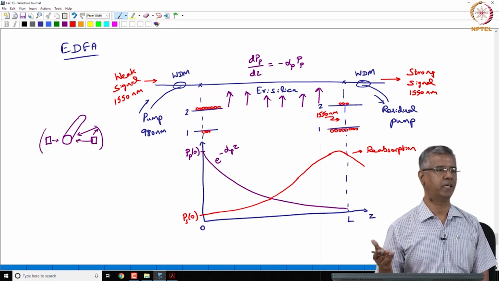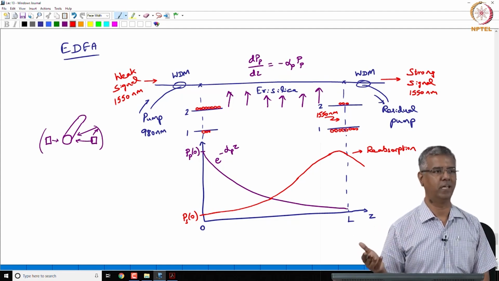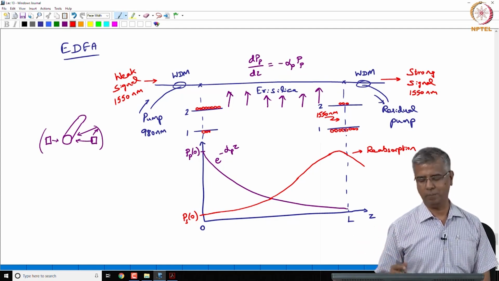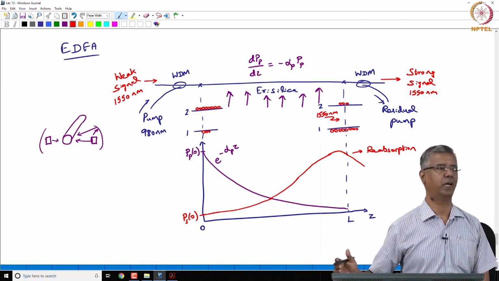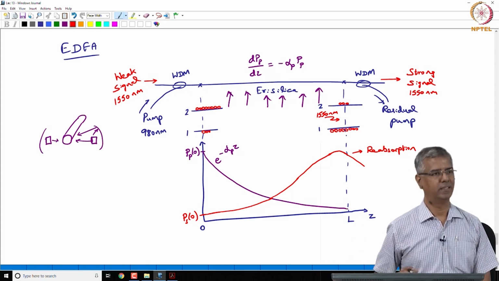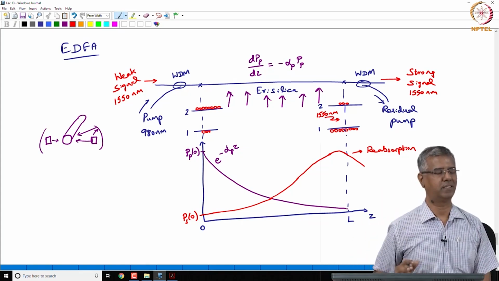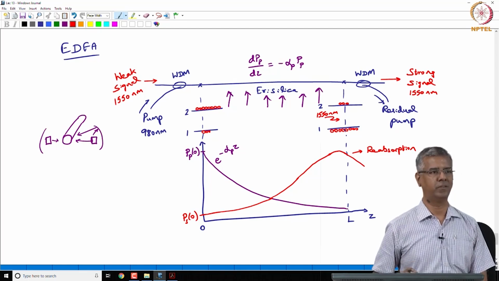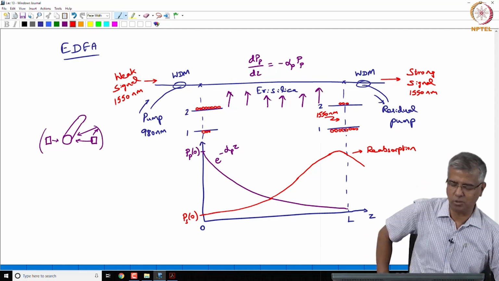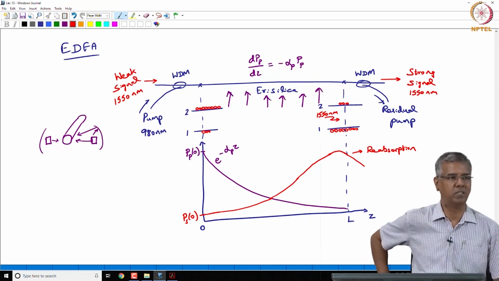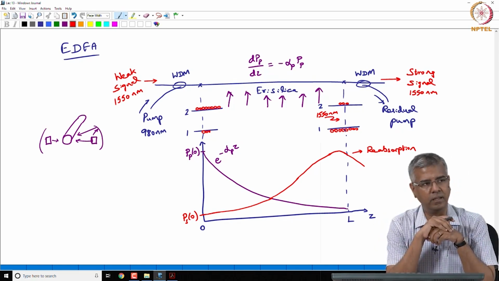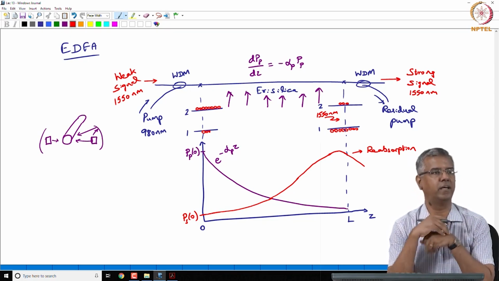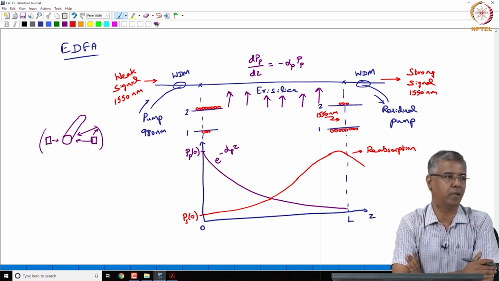You typically consider the maximum pump power that is available to you, and for that pump power you see how much is going to be your inversion at the farther end of the fiber, and then you say, okay, I'll cut off the fiber at that particular length, so you don't have so much reabsorption effects. So, the question is, can we actually re-energize the erbium doped fiber at that particular point,